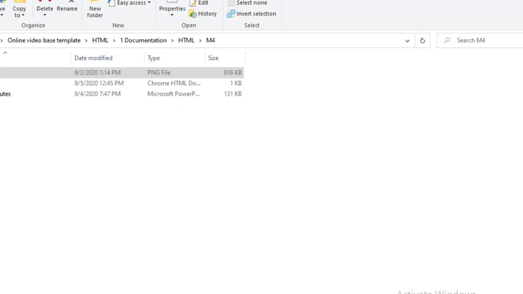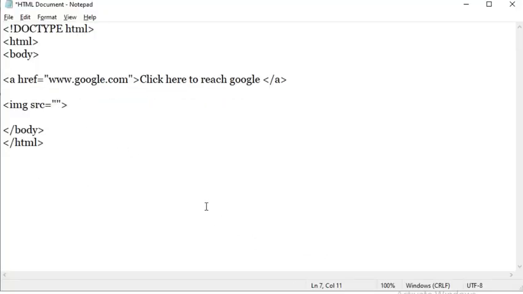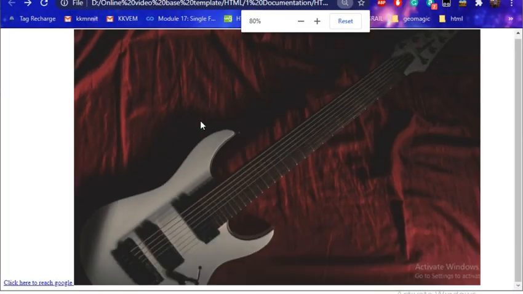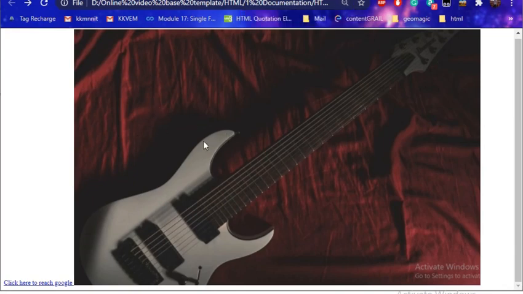Be cautious that the file should always be in the parent folder. Suppose my file name is 89 and it is a png file, so I'll write the complete name, 89.png. This is the basic way to import an image. You save it, reload your page, and you will get the image in its original height and width.